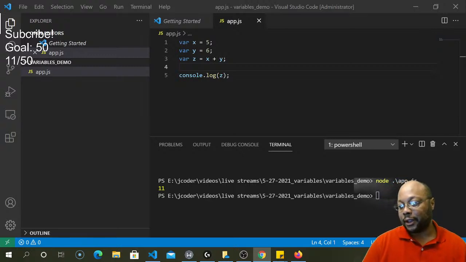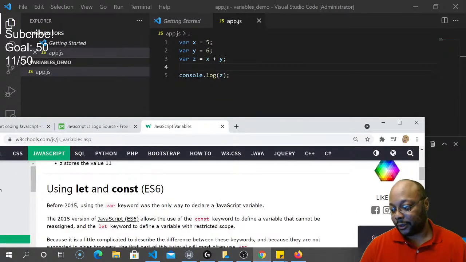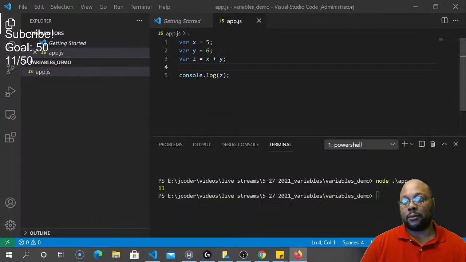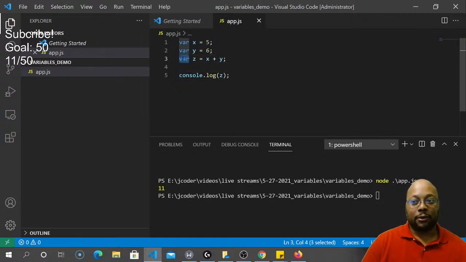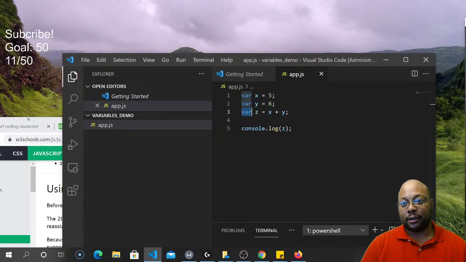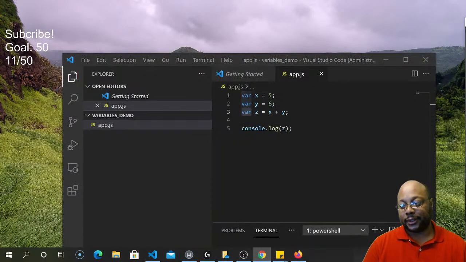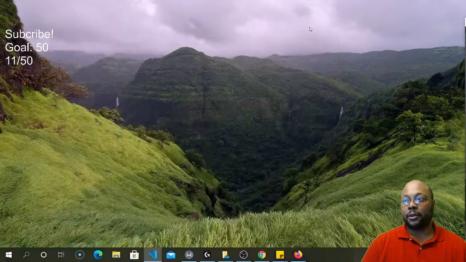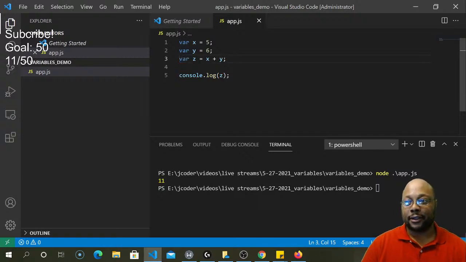And I want to let you all know that basically one thing about the variables is var is old syntax. So there's this thing called ES6 syntax for JavaScript. And so what I want to say is there's more options in ES6,